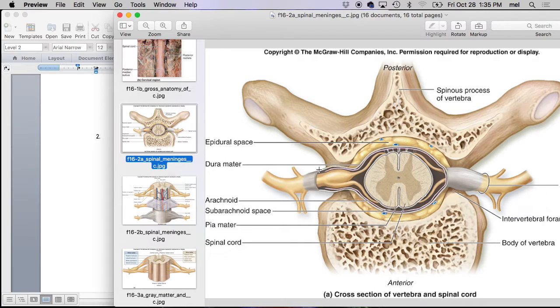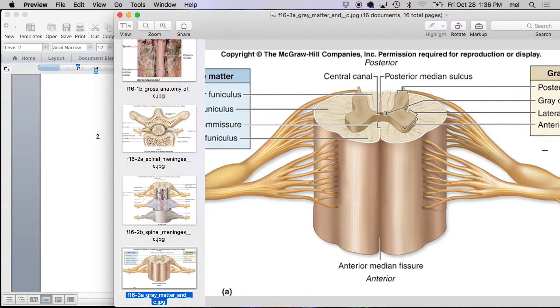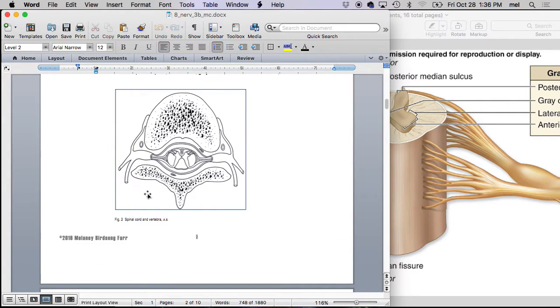Yeah, because that's the dorsal root and the dorsal root ganglion, right? How about here? Do you see the dorsal root ganglion still confirms what you thought? How about this one? Dorsal root ganglion. That's what I use. You can use whatever you want to locate it, and then make sure that you can figure out in any figure, either use one or more of those to figure out what the heck you're looking